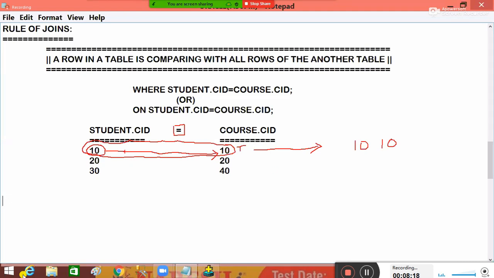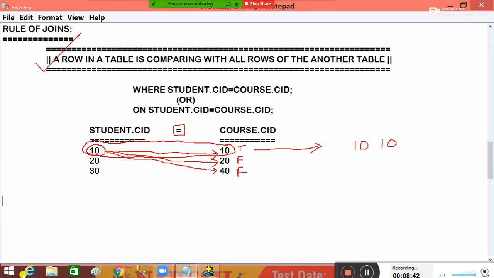In the same way, one row's comparison is over. Let the remaining rows also compare. So 10 is equals to 20, condition is false. 10 is equals to 40, condition is false. So that means this rule,